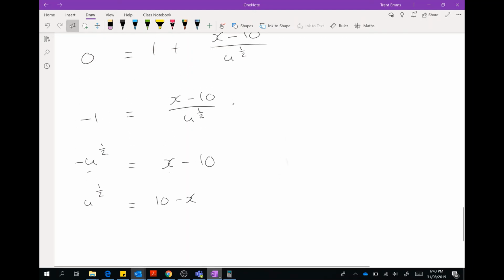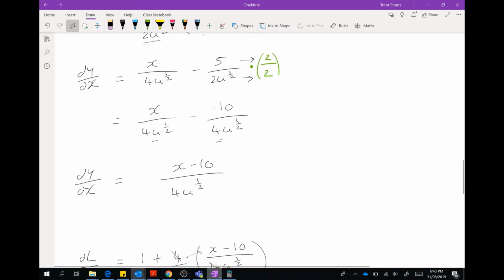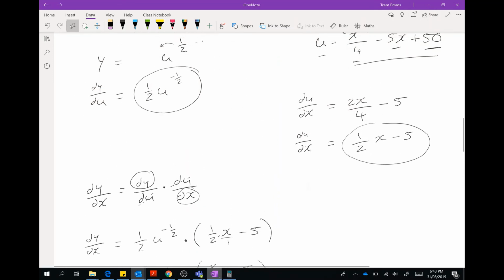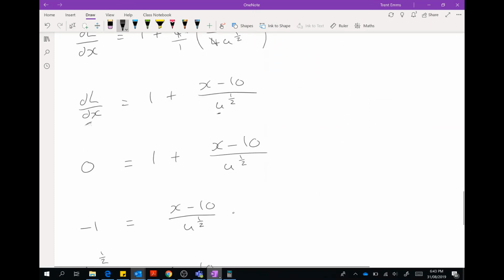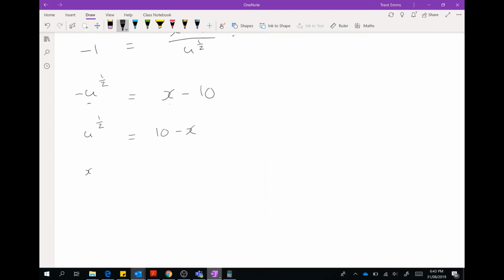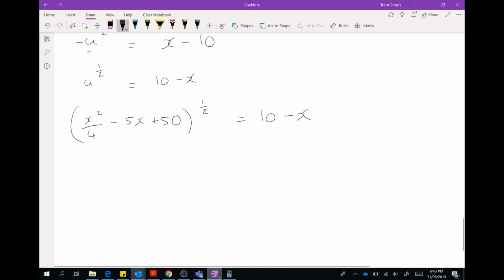Right, I'm going to plug u back in terms of x now, so I'm going to go find out what it was. And here it is here, x squared over 4 minus 5x plus 50. X squared over 4 minus 5x plus 50, and that's all to the power of a half equals 10 minus x. We're going to have to square this whole side to get rid of this power of a half, and then we'll have to square this side, so we're going to have x squared over 4 minus 5x plus 50 equals, and then we're going to have to square